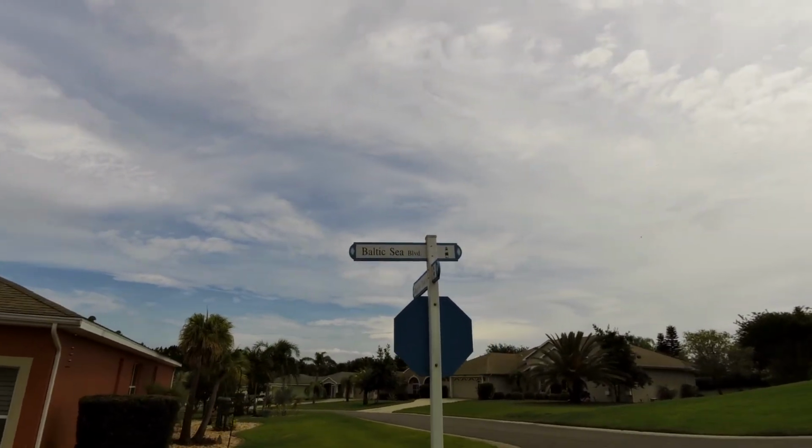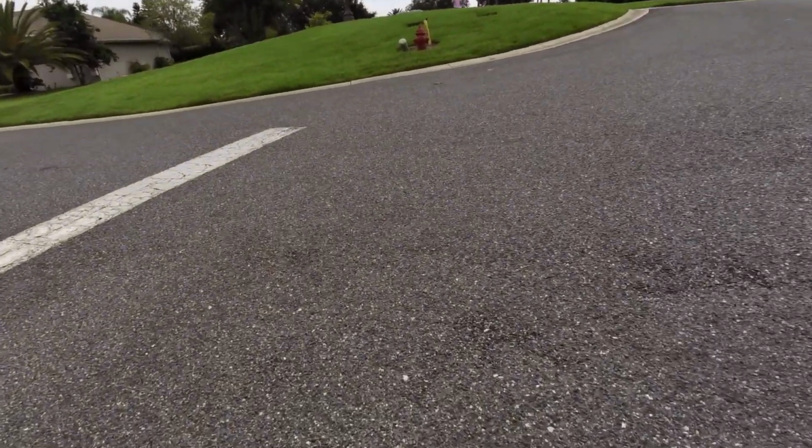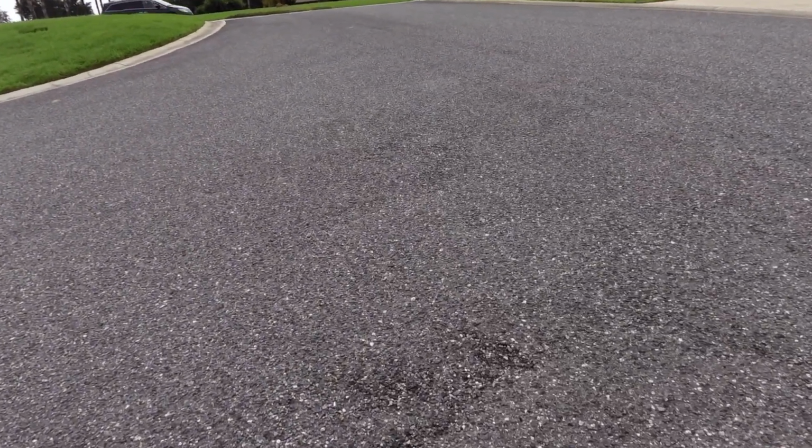This is the beginning of Baltic Sea Boulevard near the traffic circle. This road appears to have been repaired with a larger aggregate, more of a base course mix. You can see here from me rubbing my foot across it that we're experiencing what's called raveling, which is where the asphalt is worn down and the surface underneath